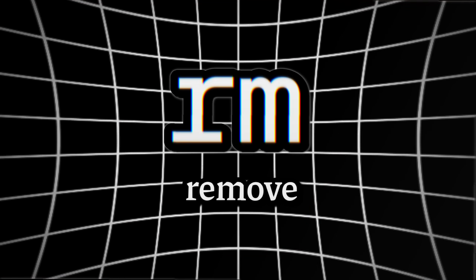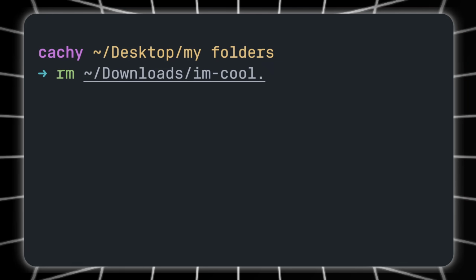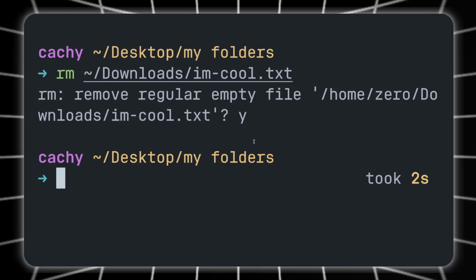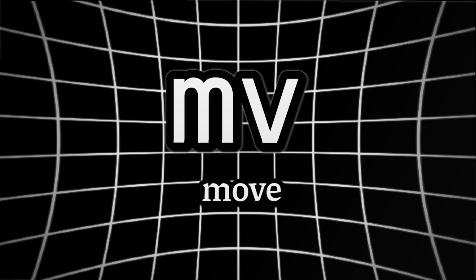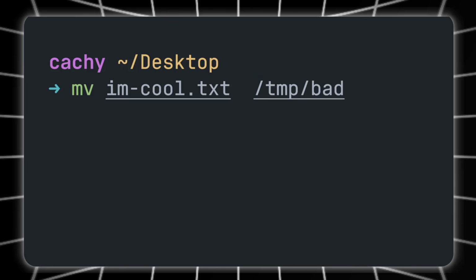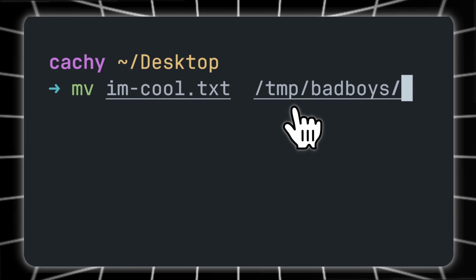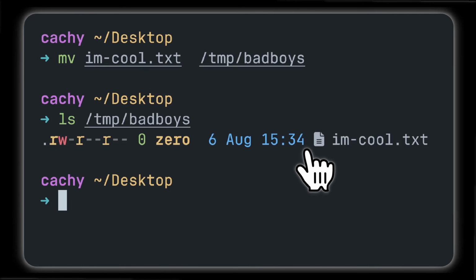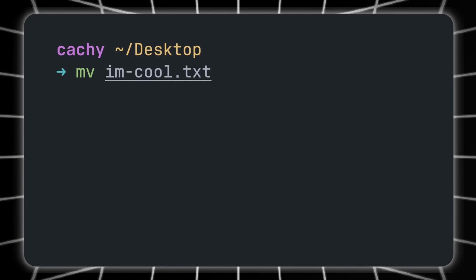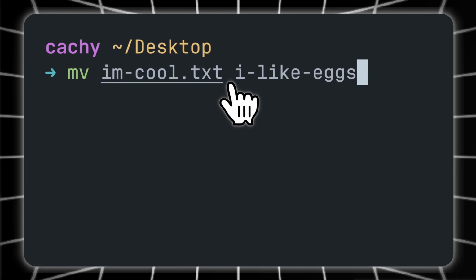Now let's say you didn't like where you copied the file, you can then remove it with rm, just like so. Okay, but maybe you don't want to remove the file, but just move it somewhere else. Well, move or mv has you covered. Simply provide the file you want to move as the first argument, and then the location of where you want the file to move to as the second argument. And would you like to know something cool? You can also rename files and folders with move. For example, I provide the file or folder and then the name I want to change it to, and voila,